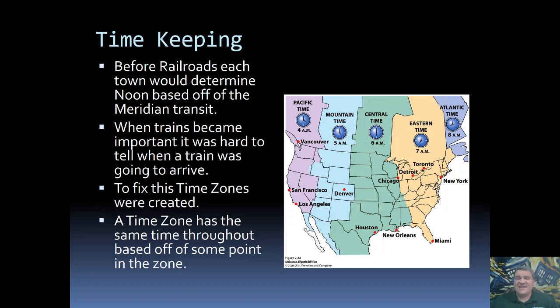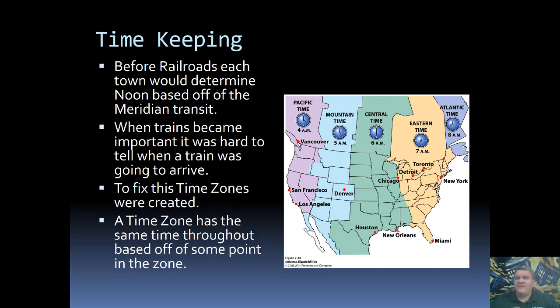Now, when the fastest thing that you had to get from one place to another was a horse, it really didn't matter. It took too long to get from one place to another. You would just reset your watch when you got to the new location and go from there. However, we then invented trains. And trains could go faster and for longer than horses could. So imagine that you're a railroad tycoon and every single city has its own local time. How are you going to set up schedules?